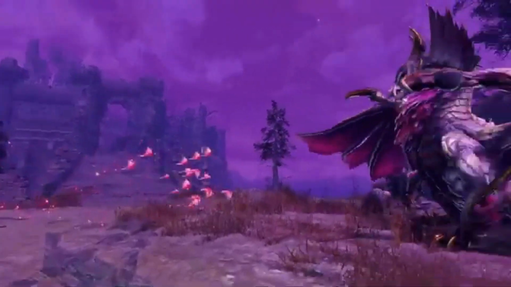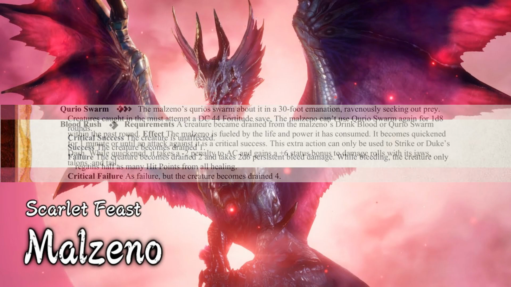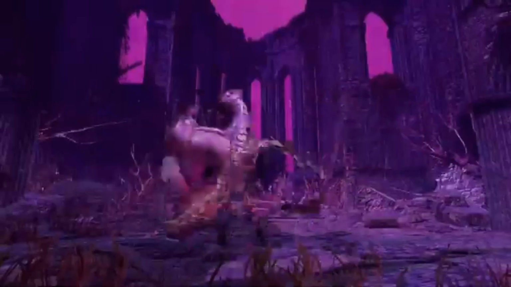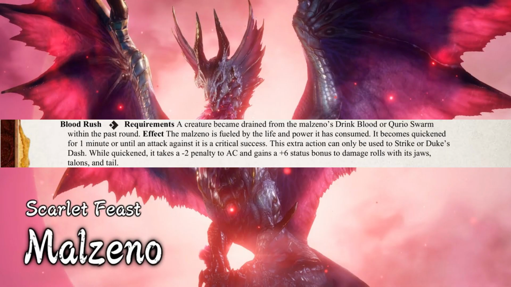This is also how it inflicts its blood blight, inflicting chip damage and reducing the effectiveness of healing, though its removal doesn't make as much sense for Pathfinder and was skipped over. However, the Malzeno can siphon off a portion of this life energy with Blood Rush to enter its bloodened state from Sunbreak. This is somewhat similar to Rage, but rather than granting Malzeno temporary hit points, it becomes quickened, representing